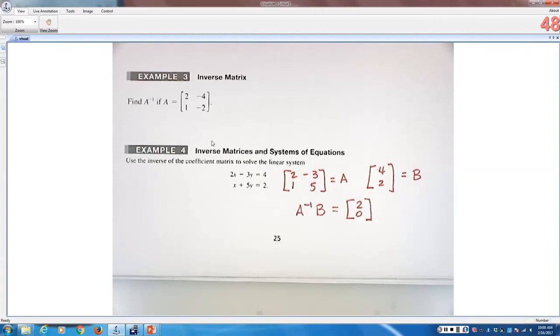I want to see what you put in for matrix A, what you put in for matrix B, and then that you solved it using the matrix inverse. Because you could also have solved that problem